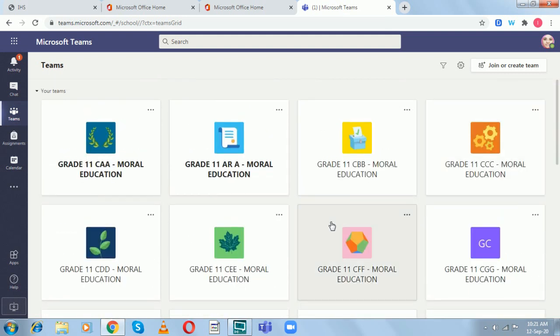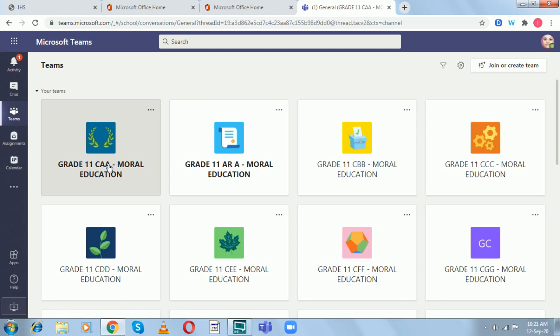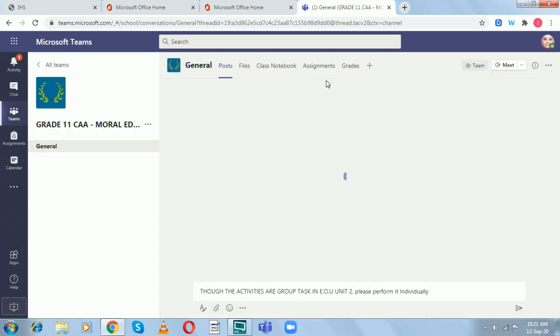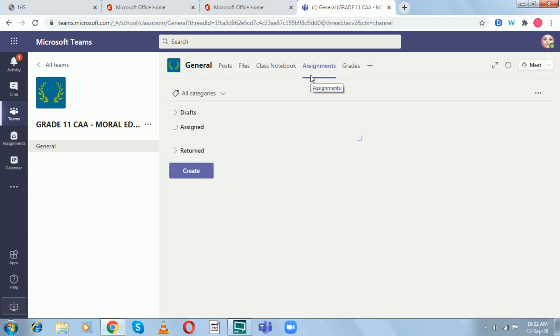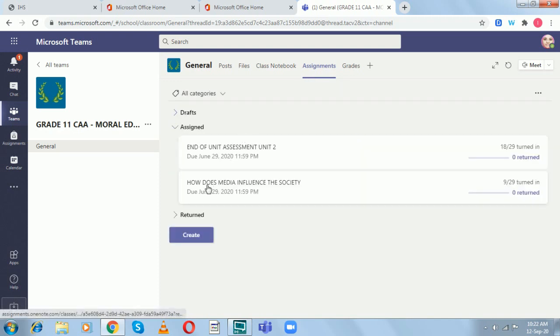Okay, so here we can see many classes. I'm going to choose a class from here to show how to make an assignment, how to post work. So this is the class that I've chosen, and we are going to see how we can post an assignment. Opening the page of assignments, the page loads in. We have different ways to post assignments over here. We can see the returned ones, the assigned ones, and the drafts.